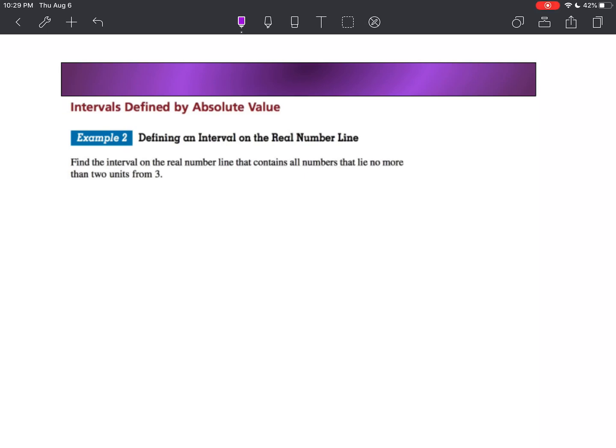In this example, we are going to need to create an inequality that represents an interval of numbers that are no more than or maybe no less than a certain value. So for instance, find the interval on the real number line that contains all numbers that lie no more than 2 units from 3. So the numbers,